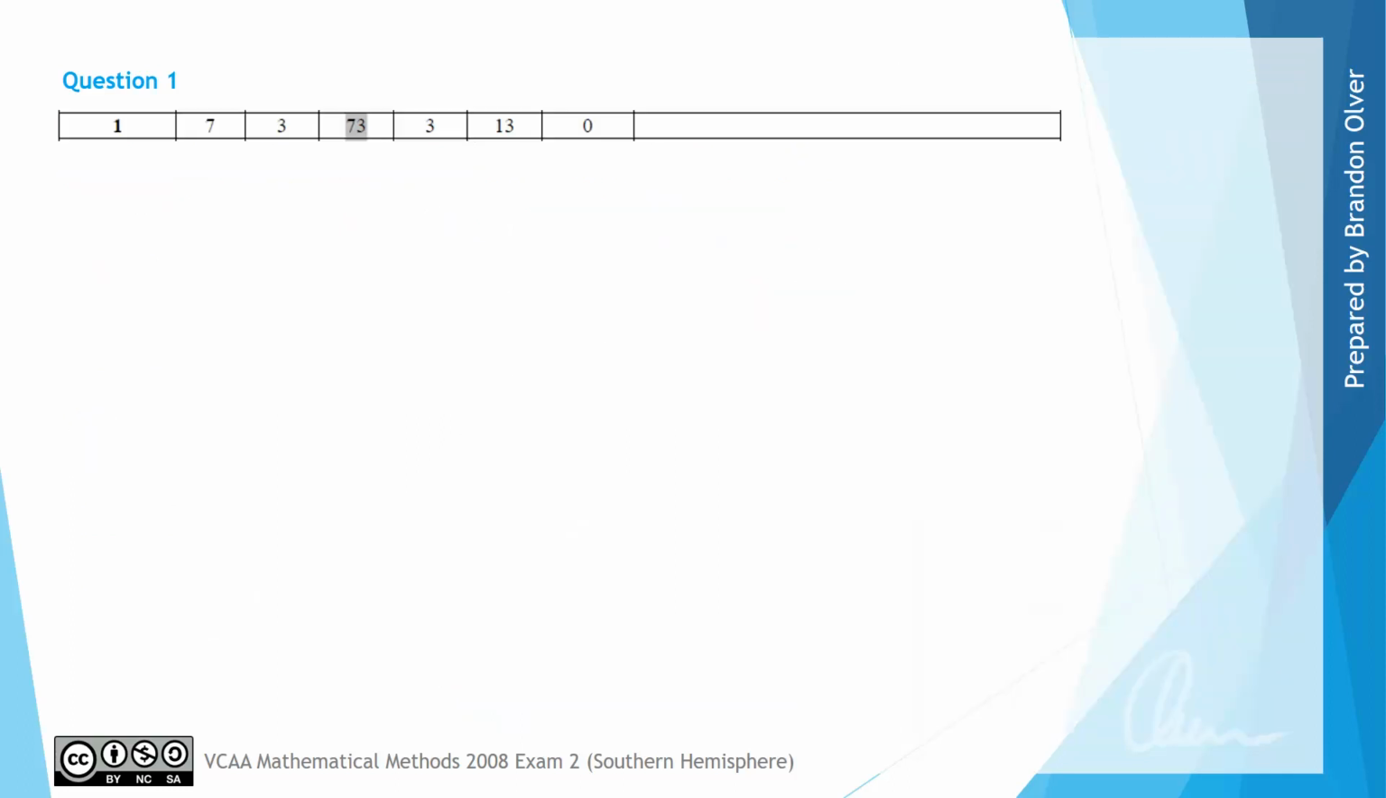From the examiner's report we can see that 73% of students got the correct option to this question, which is pretty well done at this level. And we can see that the most common incorrect response was E,